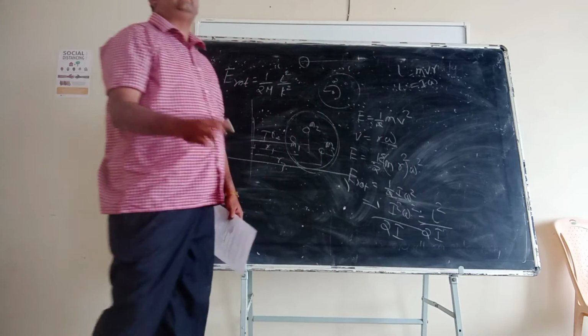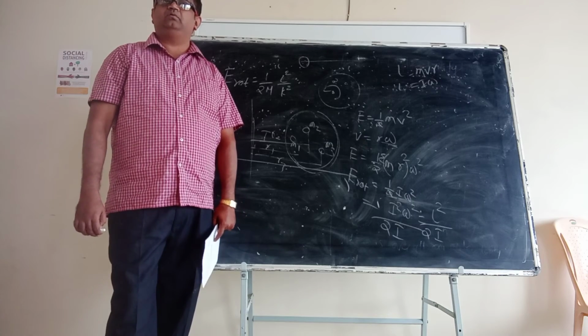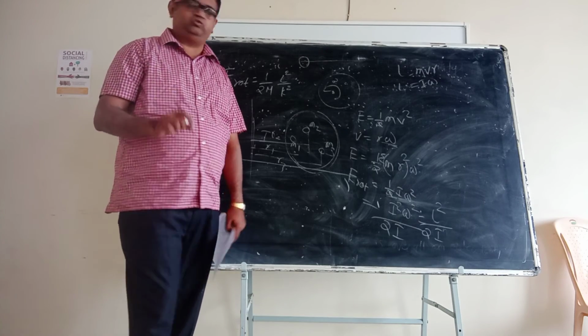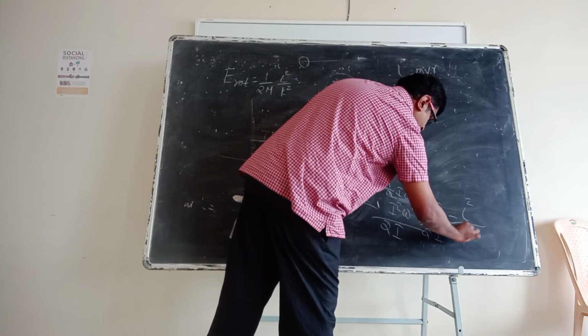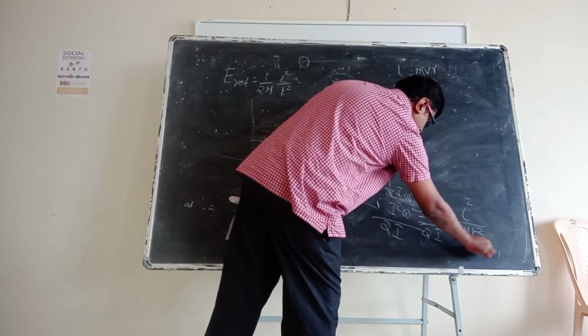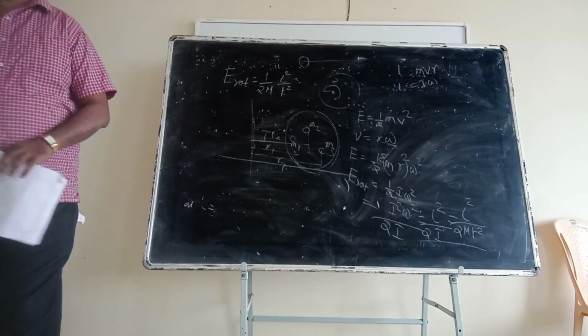What is the general equation for moment of inertia? mk square, where k is the radius of gyration. So this I can be written as L square by 2 into m k square. This is what you have to do. Okay? Write down.